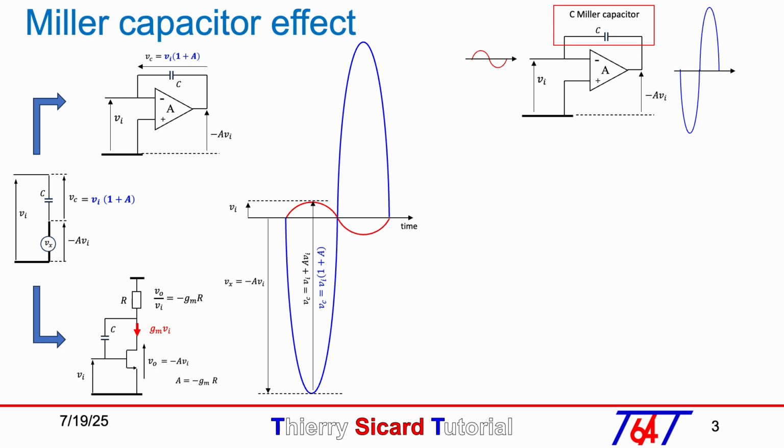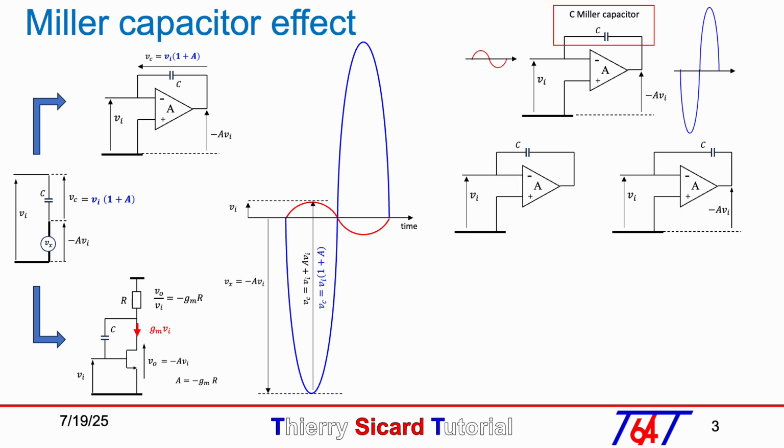The Miller effect refers to the phenomenon where the input capacitance of a transistor or electronic component appears larger than its actual value due to the voltage gain of the amplifier. This effect is named after John Miller, an American electrical engineer who described it in the 1920s. Since the Miller capacitor is connected between the input and output, we can see capacitor C from two sides. From the input, see the diagram on the left, and from the output, see the diagram on the right.